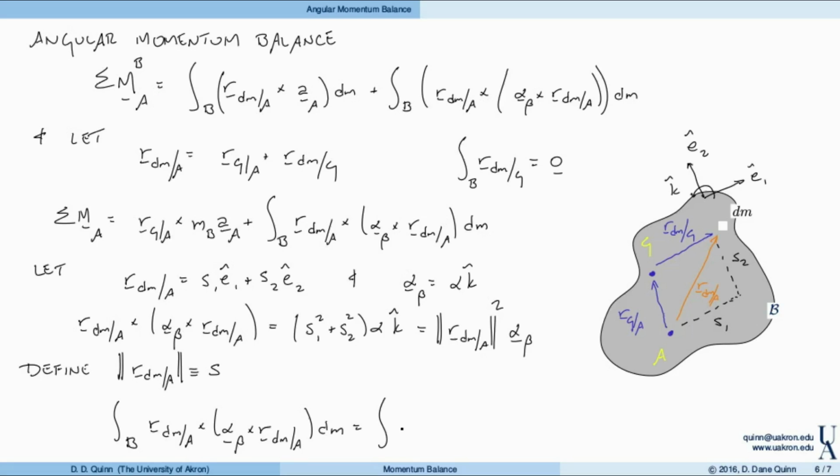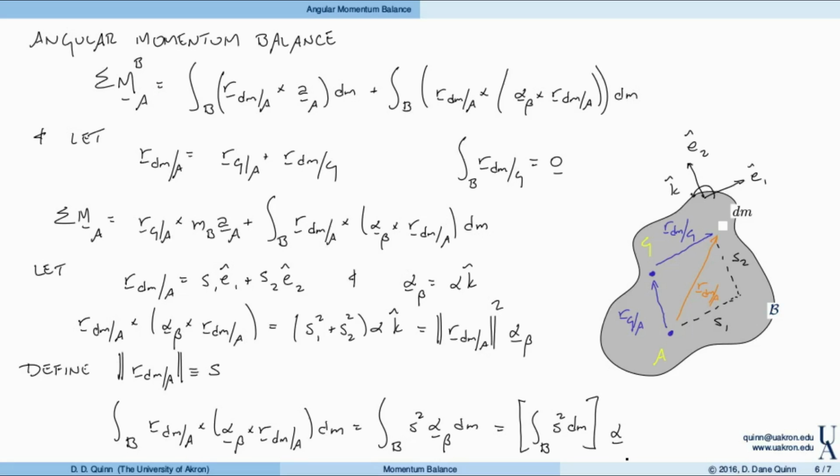This whole thing becomes the integral over the body of s squared times alpha dm. But of course alpha is constant, so we can factor that out, and we're just left with the integral over the body of s squared dm